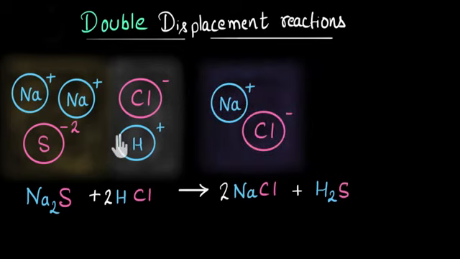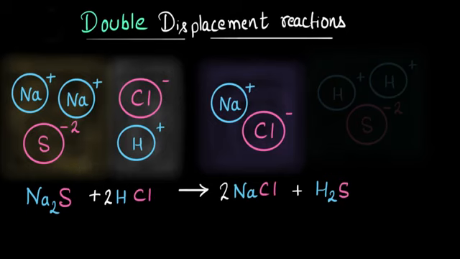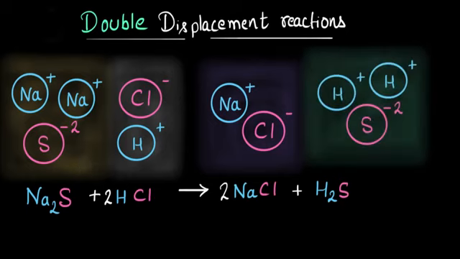And similarly over here, hydrogen that was earlier only attracted to chlorine now sees that, okay, there are S2- ions also present in solution. So some of the hydrogen ions will get attracted to S2- ions and they will form hydrogen sulfide, something like this. Now this is something that happens in every double displacement reaction. First of all, the reactants will break down into their ions, and then the ions will exchange position to form new products. Now this model can help us answer all our questions.